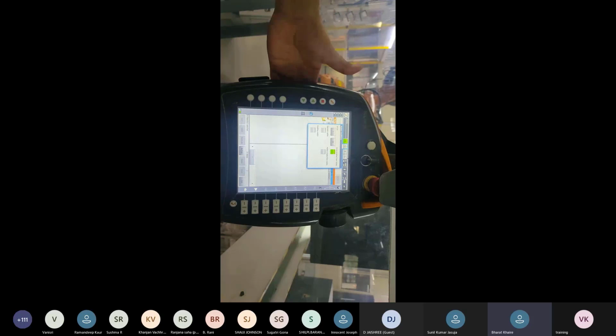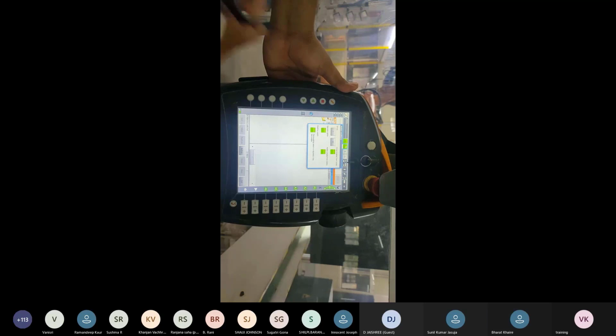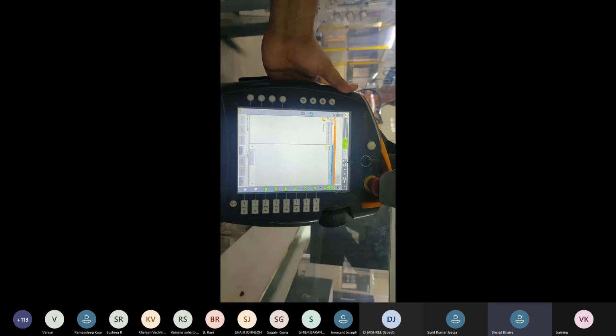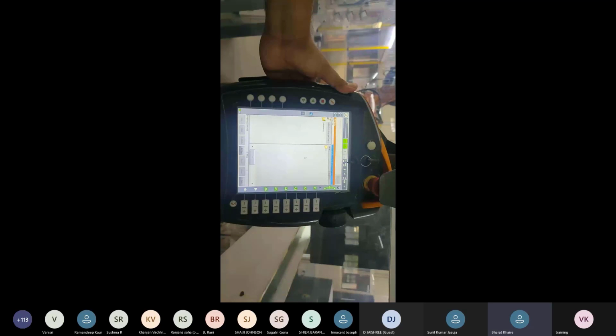So if we switch on the drive, we can see here all axes are highlighted by green light, and also here the O is converted to an I tab and it is also a green light. Okay, so if the green light is highlighted, we can jog the axis now. Okay, so drive is on. Now we can jog or we can move the robot.